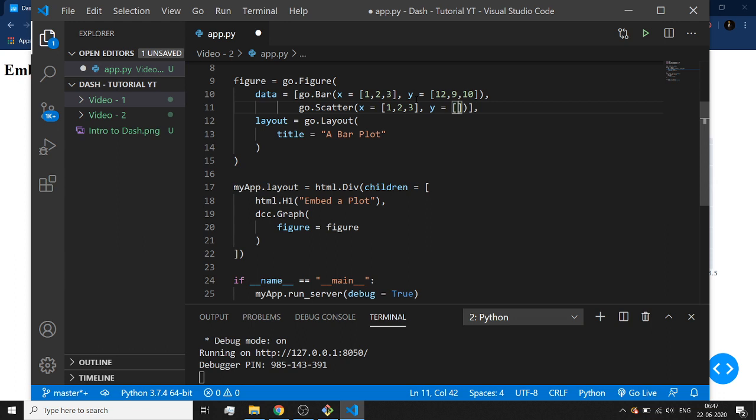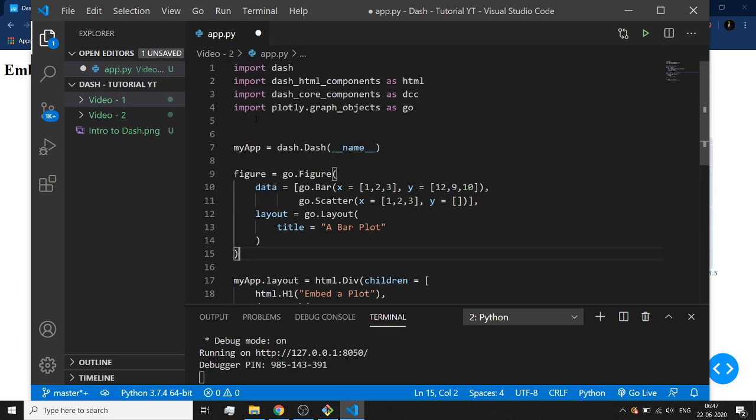We need to focus on this Dash thing. So do not worry too much about how to set up these figures and everything, because the documentation is quite rich. Whenever you feel like you are not able to remember these terminologies, like what does this x represent, what does this go dot scatter represent, you can just Google search your queries, and you will be able to see what these things represent.